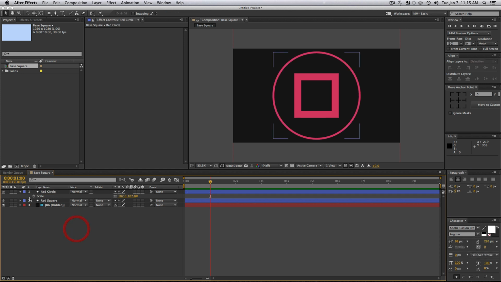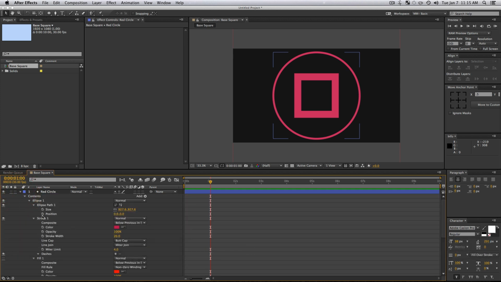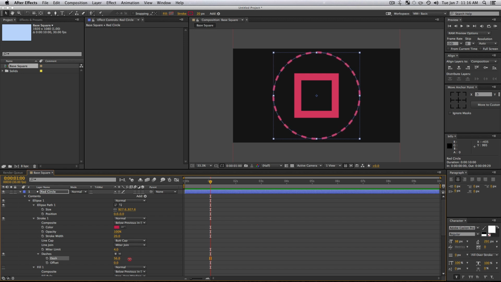And what we're going to do is holding command, just click your little arrow over here to twirl down all your properties. And we are going to go over into our stroke right here, and we are going to click this button to add dashes to our stroke of our red circle. And what we're going to do is just turn our dashes up. We don't want as many.